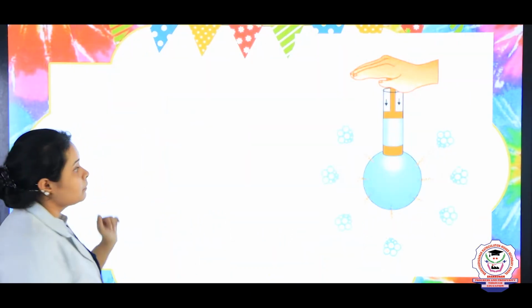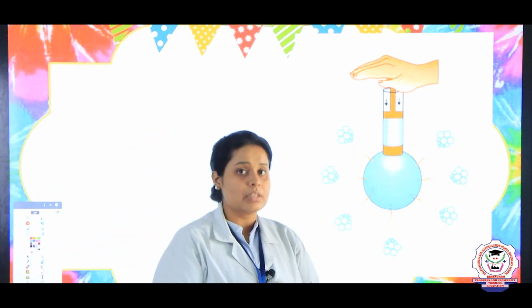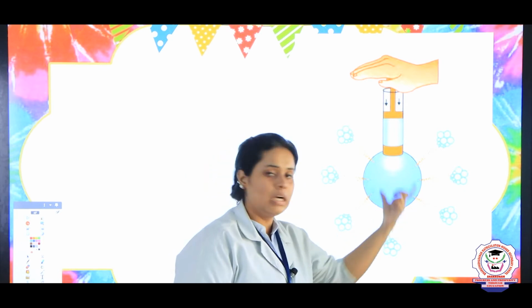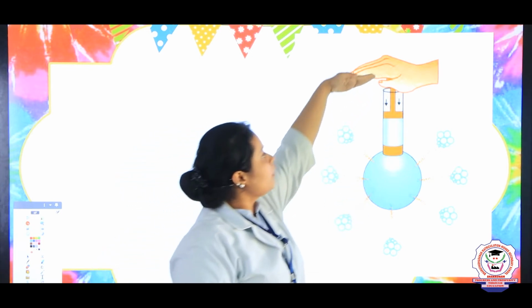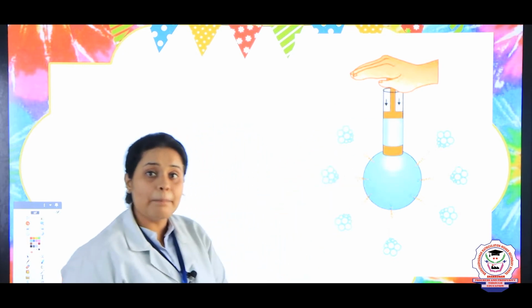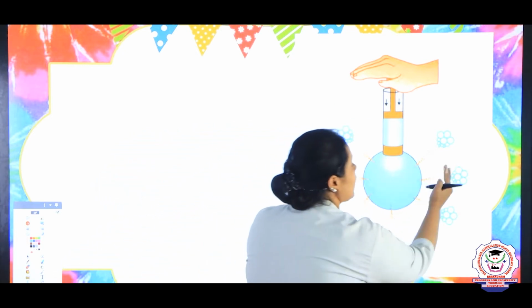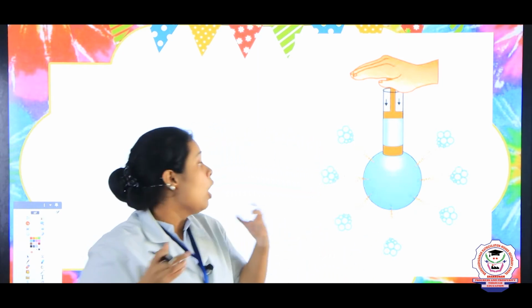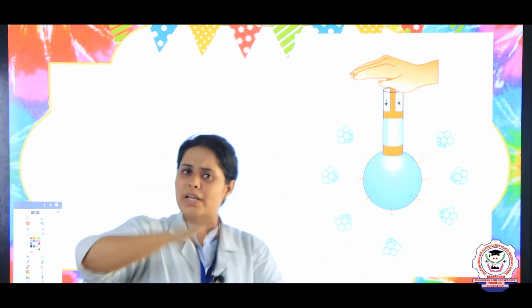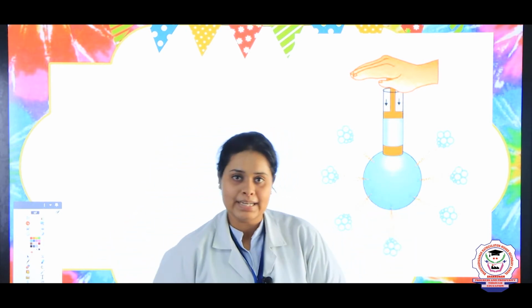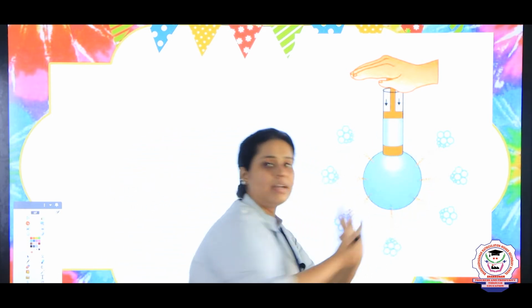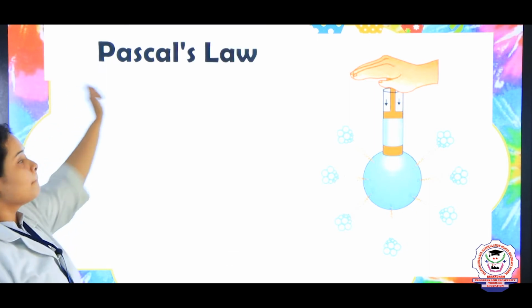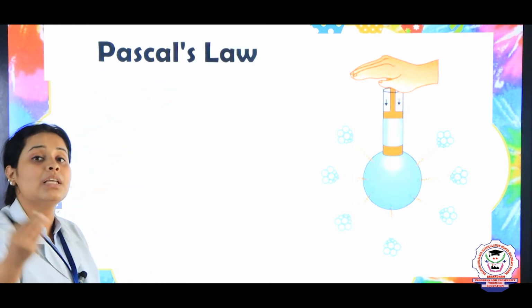Okay? Yeah. So now let us see a different kind of thing. So here children, we are taking a round bottom flask. This round bottom flask is closed from above. Okay? Inside there is water. Now you are putting pressure from above. What will happen? You will see that from the sides there will be some kind of vibration occurring, or if it is not glass and you put more pressure, what will happen? It will break, right? Yes. So when it breaks, it shows that the pressure is released in all directions, and this denotes Pascal's law. So let us see what Pascal's law says.